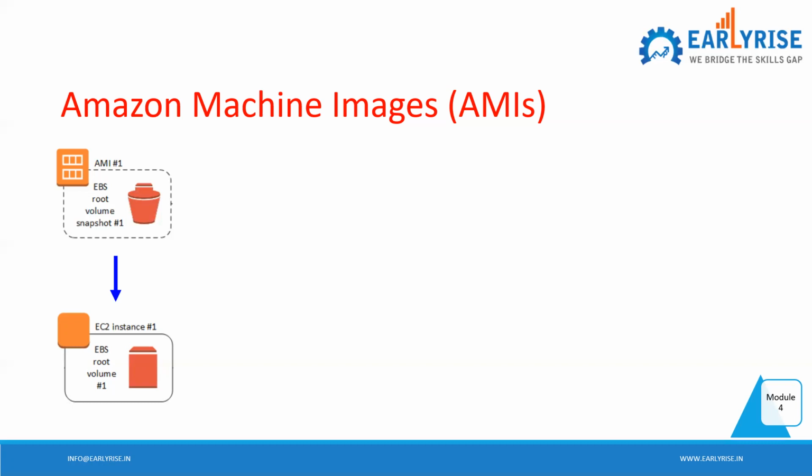That EBS volume, when you attach it to an instance, will it function as your instance used to function earlier or not? Say you have two EC2 instances. For one EC2 instance, whatever root volume is there, you detach it. Now you have another EC2 instance, for which you have another boot volume. That boot volume you detach and attach to the very first instance. That first instance will boot or not?